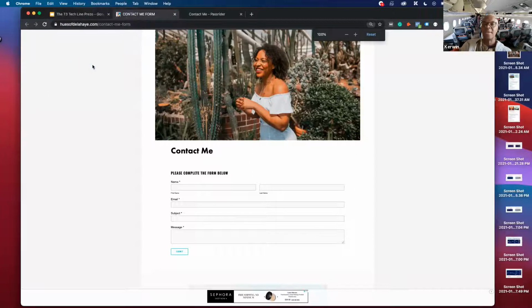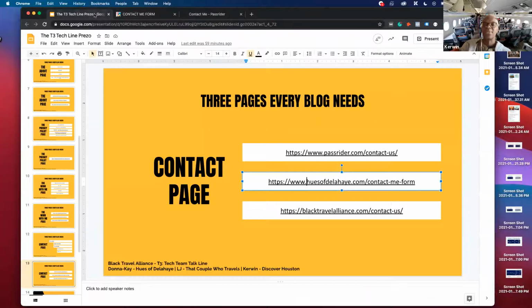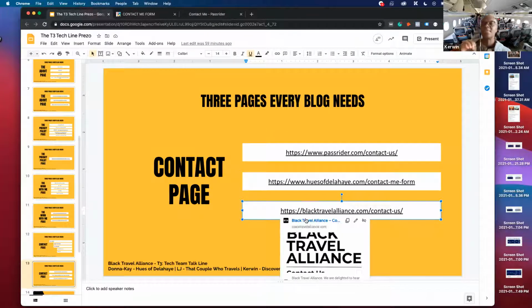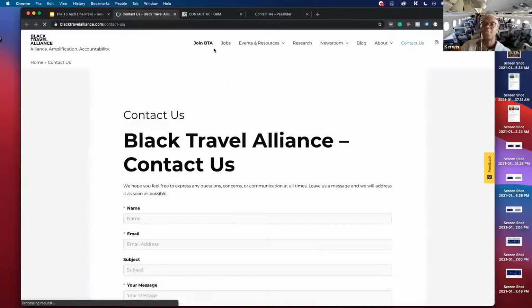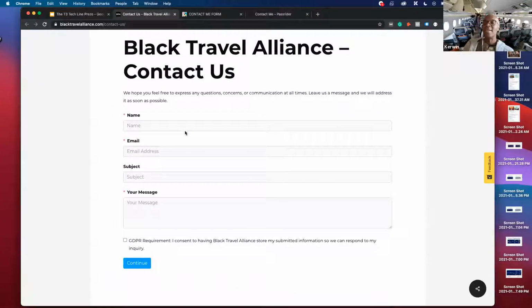We use WP Forms to create the form. There's also, I think it's called Contact Form 7, which is a WordPress plugin that will do that for you. The forms are really cool because you can do a lot of things in the back end of the forms. And when I say the back end, you can tell the forms, if it's this, send it to this. If it's that, send it to that. WP Forms and Formidable Forms are two forms that you can use. And all of these software have free versions. And if you want to get fancy, then you can spend more.